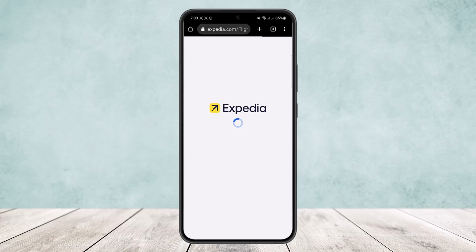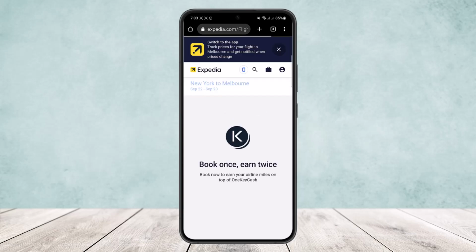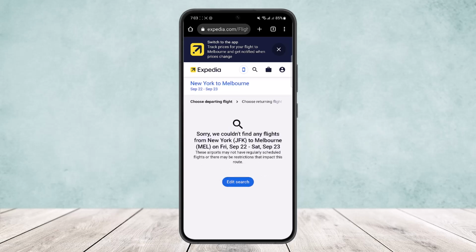and you'll be able to find the flights if it is available. Now you'll only find the search results for the flights if it's available. If it is not available, you won't be able to see it. In this case, you can see it's taking some time to load up. Now let this load up, and you can see it says sorry, we couldn't find any flight from New York